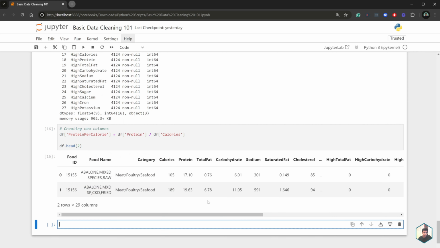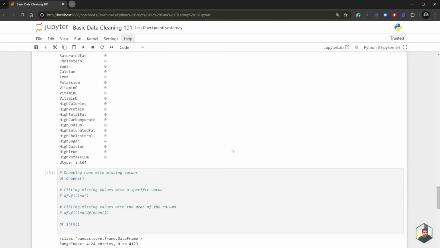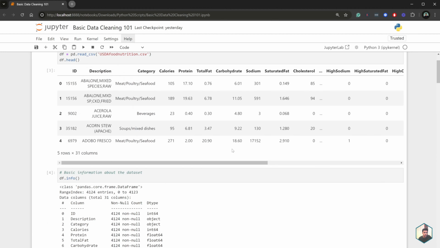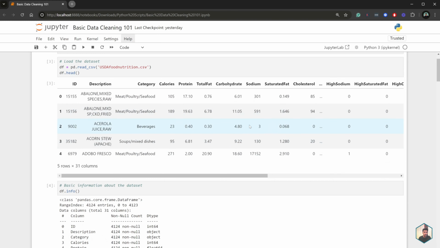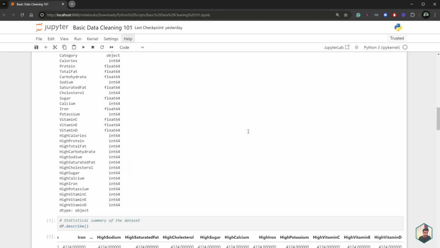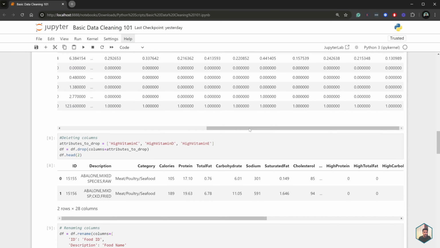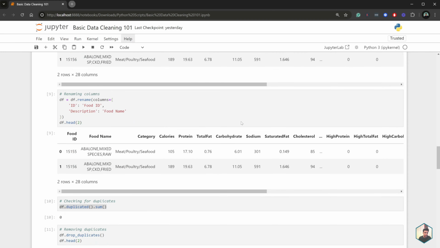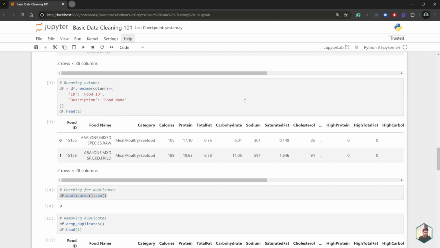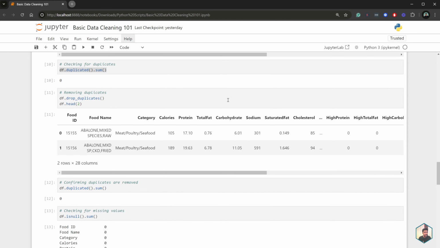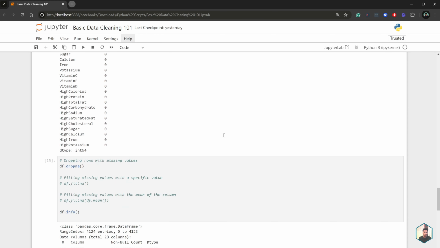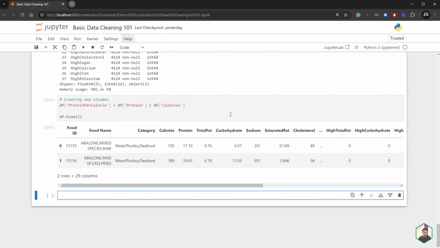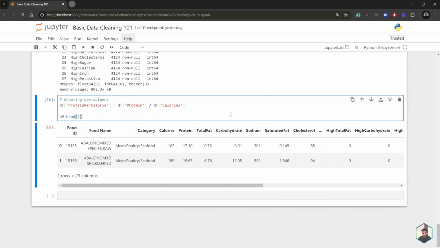Those are a few simple steps that you can take to do an initial data cleaning on your data set. So the key things that you need to remember are, first, getting familiar with your data. That's looking at the number of columns, the data types, and then converting any data types if necessary. And then deleting unnecessary columns and renaming columns. Once you're familiar with your data, next would be to remove any duplicates, remove any missing values, or deal with the missing values in whichever method you choose. And then the last thing would be to create any new columns or calculated columns.